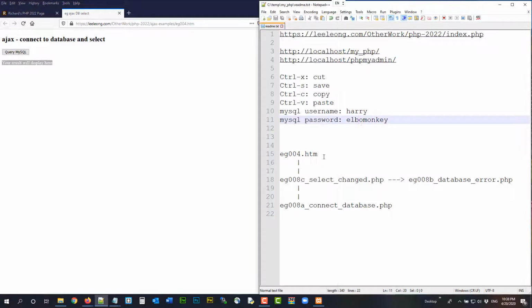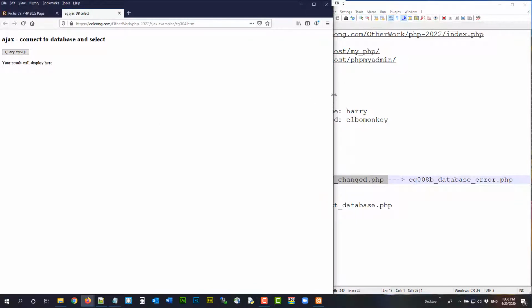To do this, we're going to create this file, and we're going to reuse a lot of things that we created in EG008, like database error, connect database, and the select file. And we're going to change the select file to do something different. Okay, all right, so let's go ahead. Before we start,